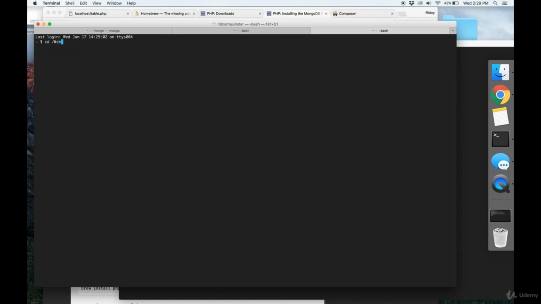So I'm running an Apache server. All of my documents are in this directory, and I'm going to make a file called phpinfo.php, type in my password,